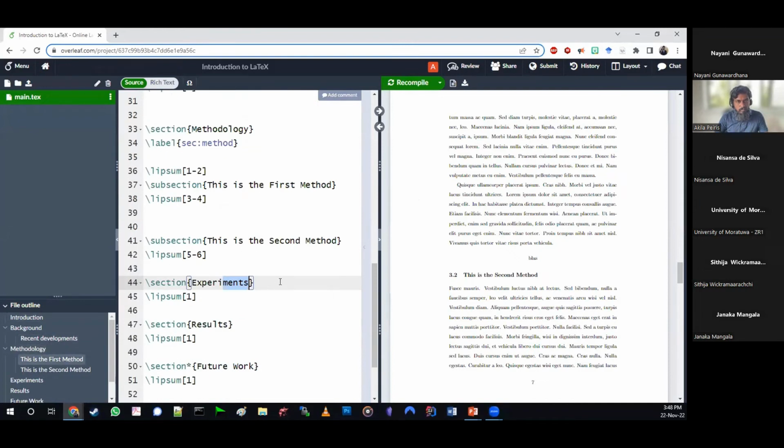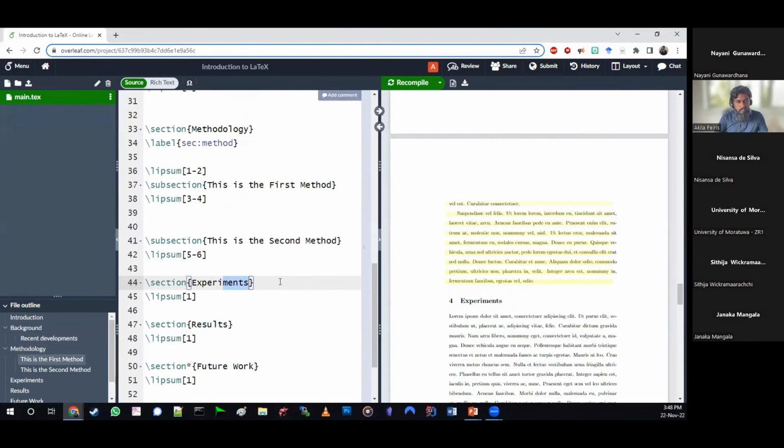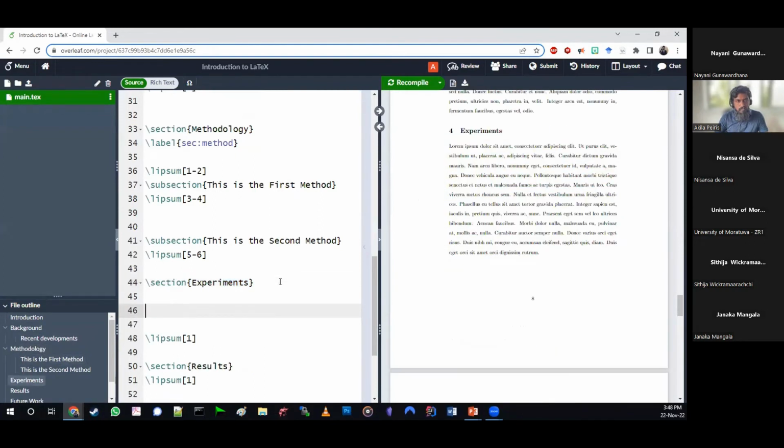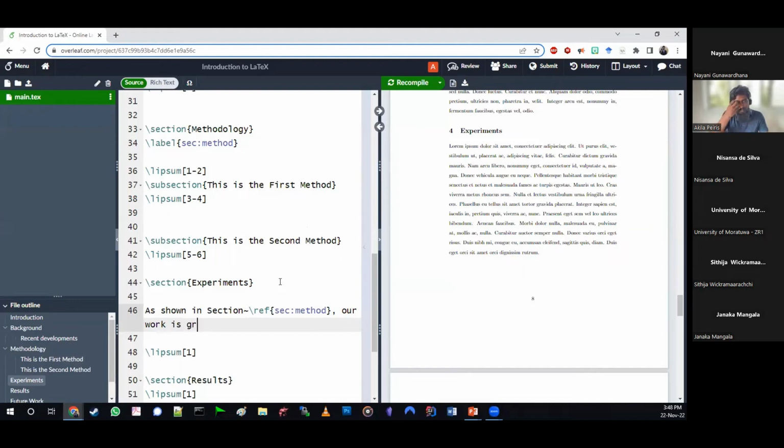So before the lorem ipsum, I am going to say, as shown in section, and then give me a reference to the label that I made. Section, our work is great. Don't worry about what I'm typing, I just want to show you how we add the link.